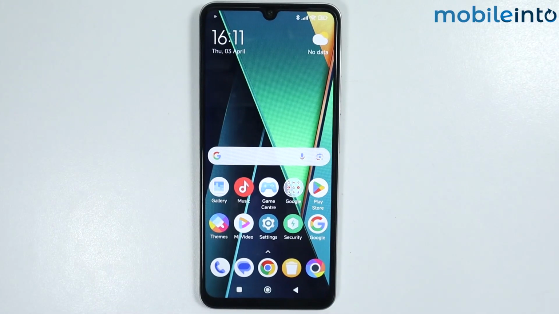Hey, what's up guys? So in this video we will see how to download and install GCam on any HyperOS